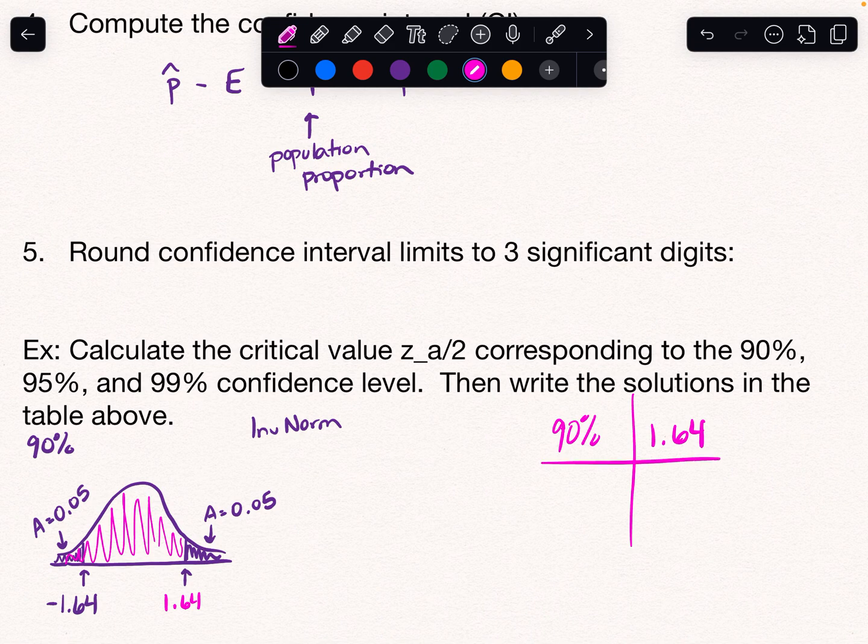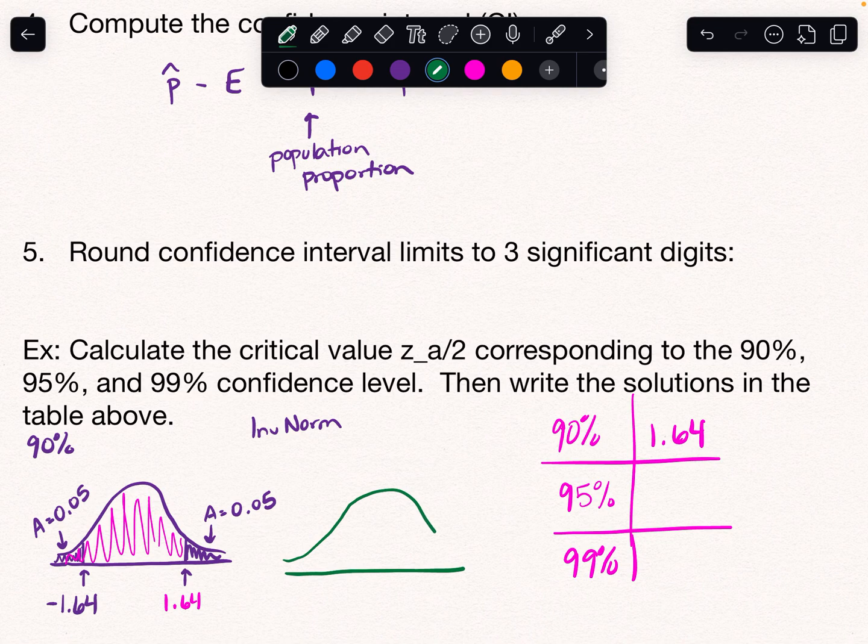And so you might have to go back up to step 2, where we were talking about z-scores. So I'm going to find 95% and 99%. So basically, I just want to redo all of this. So our areas are the only thing that change here. So if we do the 95%,